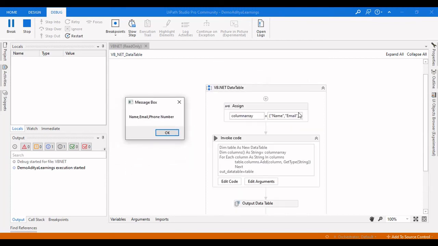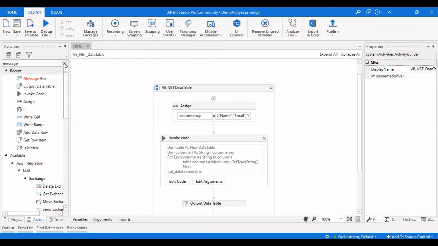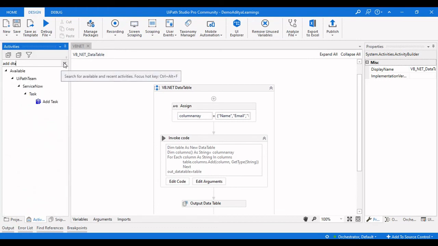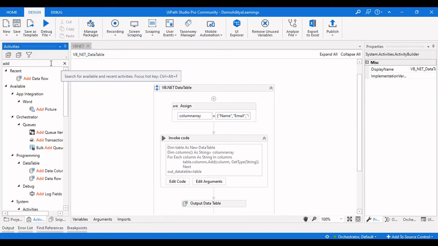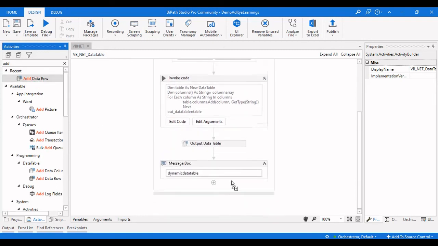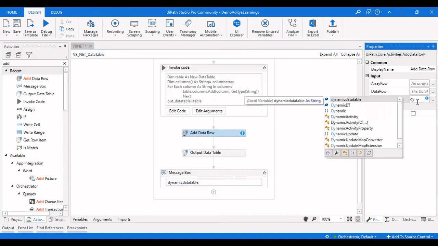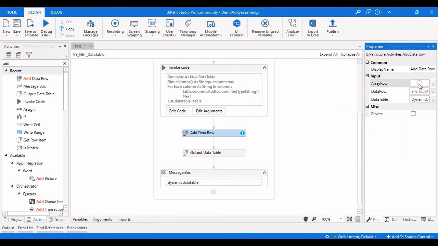Here we can see these are the column names which I have given: name, email and phone number. So it is a dynamic DT. Let us try to add some values to it. If I click on OK, let me use a data row to add a simple row to this. Add data row, just a row of values. The data table here is a dynamic DT, and what is the array of values? A name, which is Aditya,